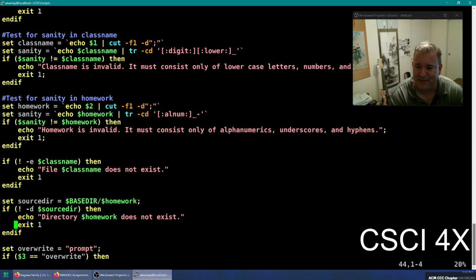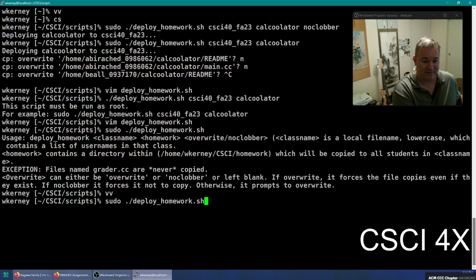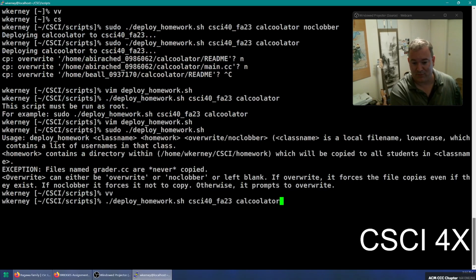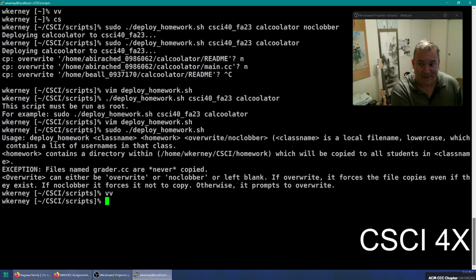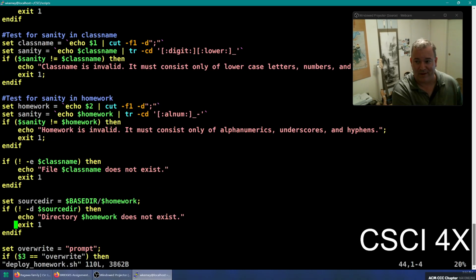I then check to see if the class name has anything that is not a letter or number, I should say. So the class name here is CSCI 40 underscore FA23. If that had any special characters in it, like semicolons and things like that, that could break and do injection attacks. Who would be doing the injection attack? Me. Deliberately? Probably not, because I could just do whatever I want. But if I accidentally put a semicolon in there,